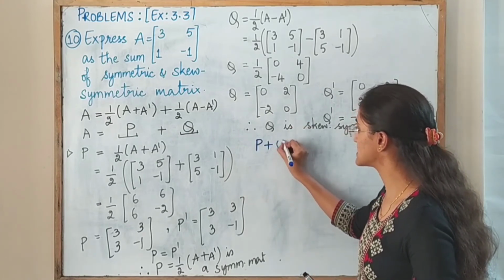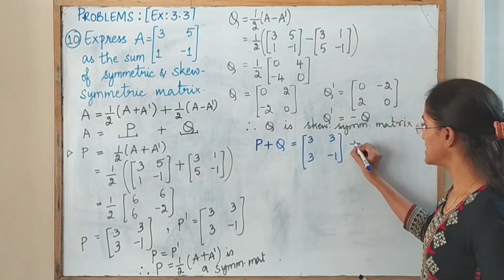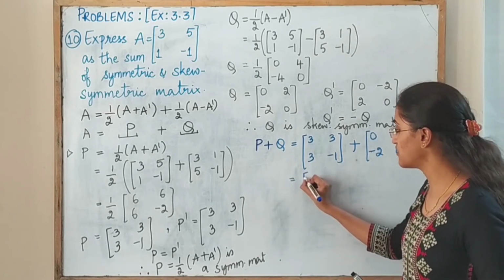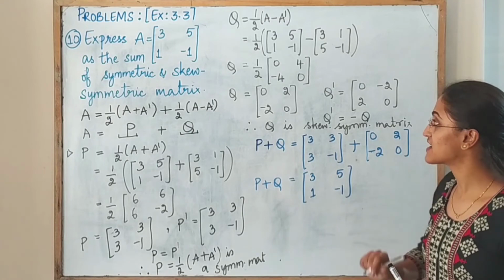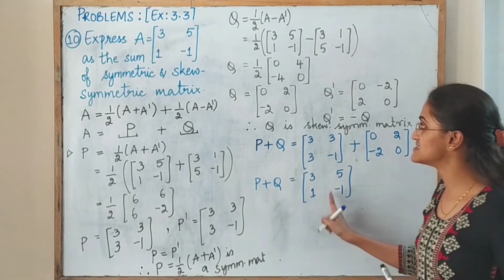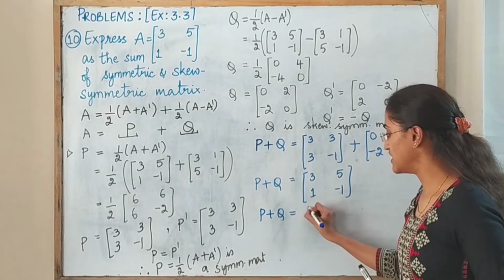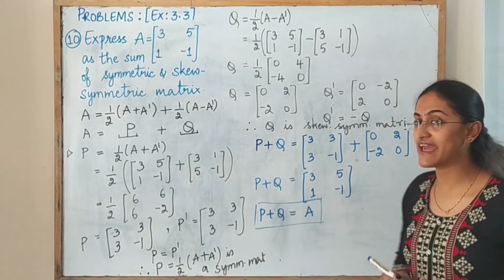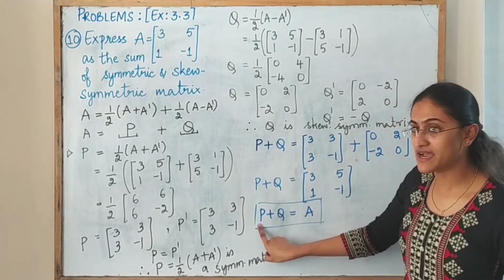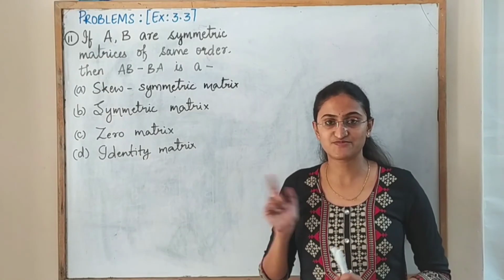The last step, expressing the given matrix, that is A, as the sum of these two matrices. Start with P plus Q. The matrix P that we have got plus the matrix Q. Adding these two matrices now, we can notice that the matrix that we have obtained by adding both P and Q is nothing but the matrix A. Therefore, P plus Q is equal to A, and hence we have expressed the square matrix A as the sum of the symmetric matrix and the skew symmetric matrix. Looking at the next problem,